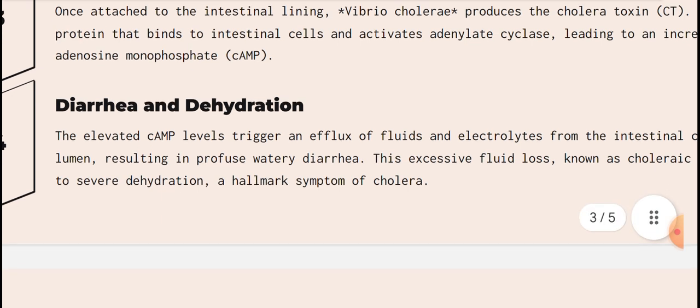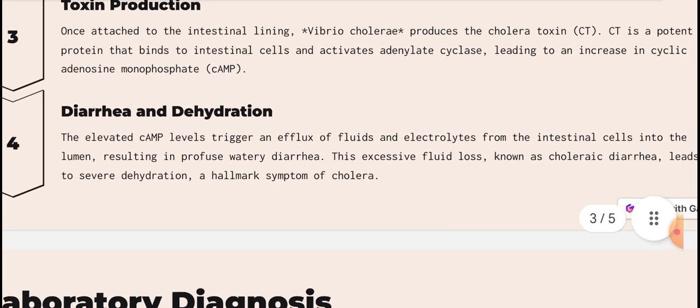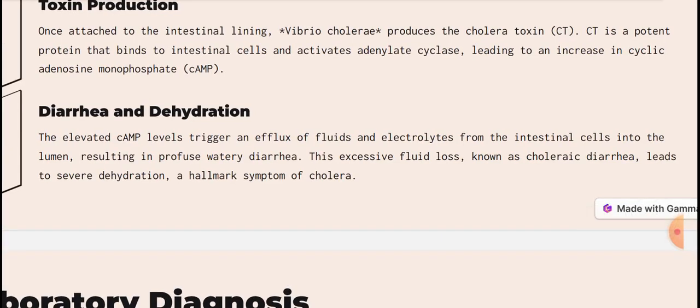Right. This cyclic AMP level triggers an efflux of fluids. As the concentration of cyclic AMP increases, it triggers the efflux. Efflux means removal of water and essential ions or electrolytes from the intestinal cells into the lumen. Right. This causes watery diarrhea, and the excessive loss of water leads to